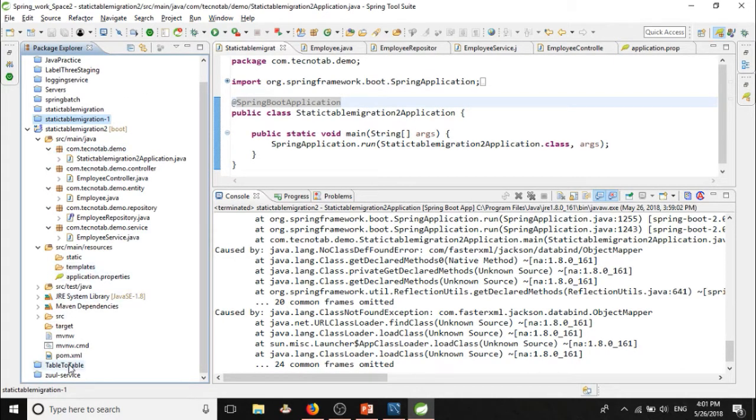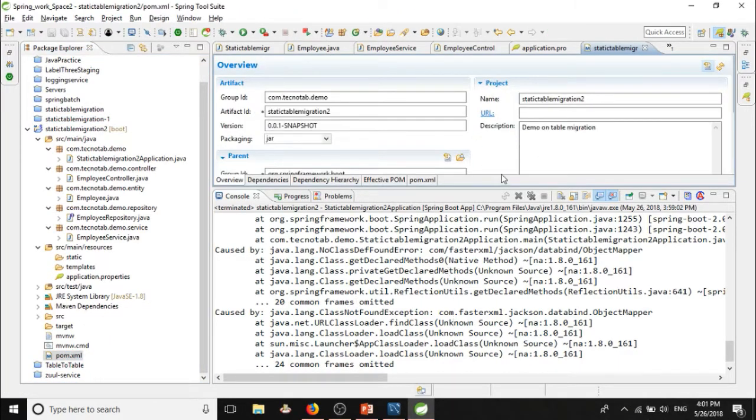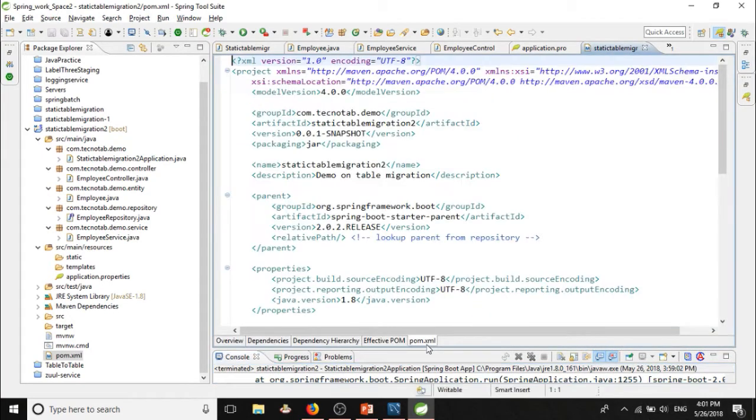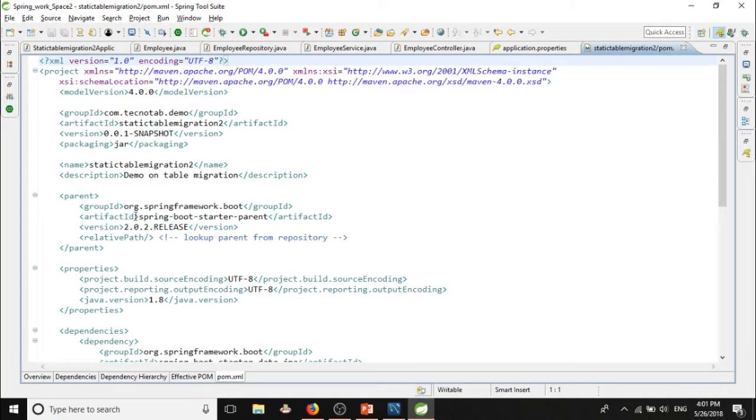Let me change the version of Spring from pom.xml. Currently the version I am using is 2.0.2. Let me change it to 1.5.9.RELEASE.